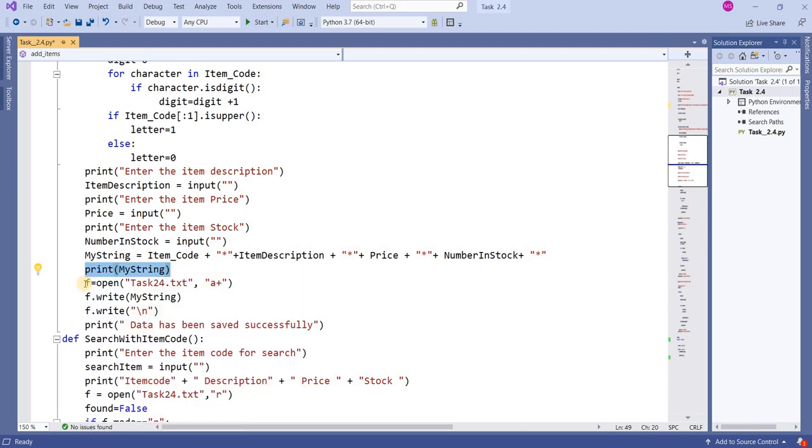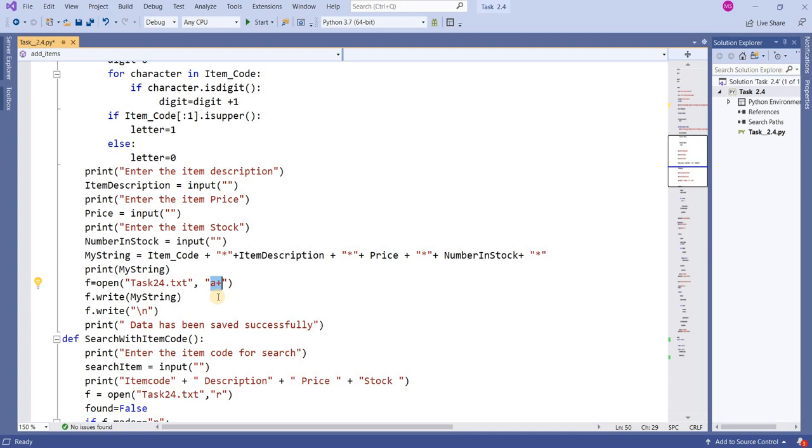Okay, here I am going to open the file. I am opening the file here. Open task2.4.txt. This is the path where you want to create the file. The a plus mode means it will append.